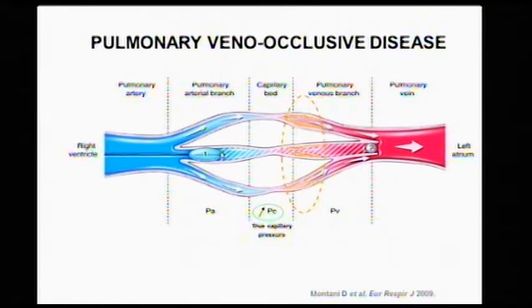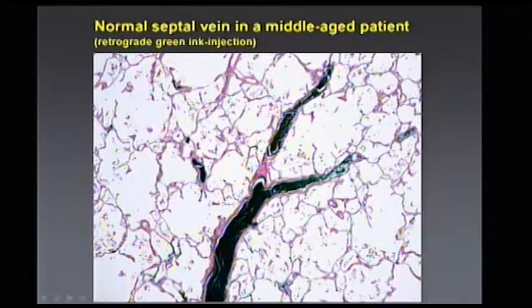So that's extremely tricky, and you need to be quite educated not to miss pulmonary veno-occlusive disease in the context of normal pulmonary wedge pressure. You have to know that in pulmonary veno-occlusive disease, the presentation is in fact precapillary, while the abnormalities are in the very small venules. What I wanted to show you right now is how we identify the veins in the